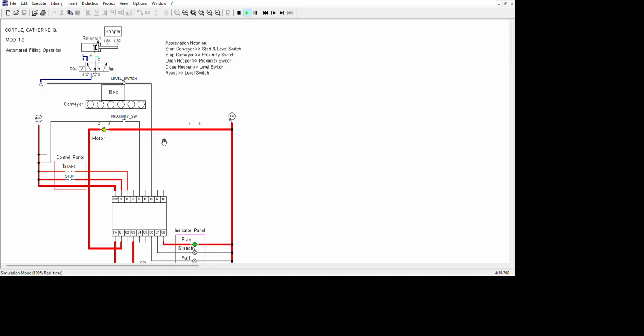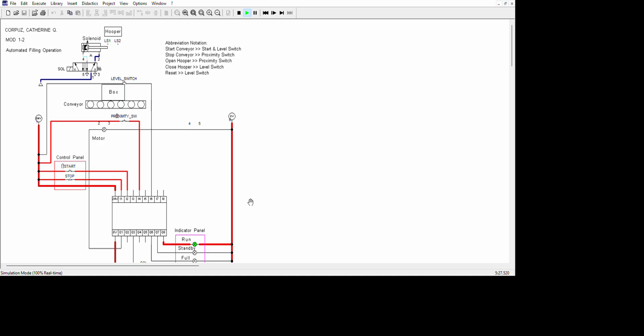So once it detects the box again, the proximity sensor is triggered. I will click the proximity switch. The box is now aligned on the hopper. The motor stopped running. The solenoid moved to the LS1 position and the hopper opened.